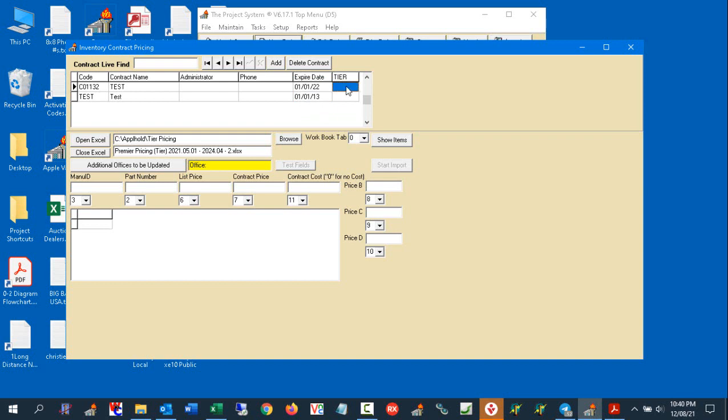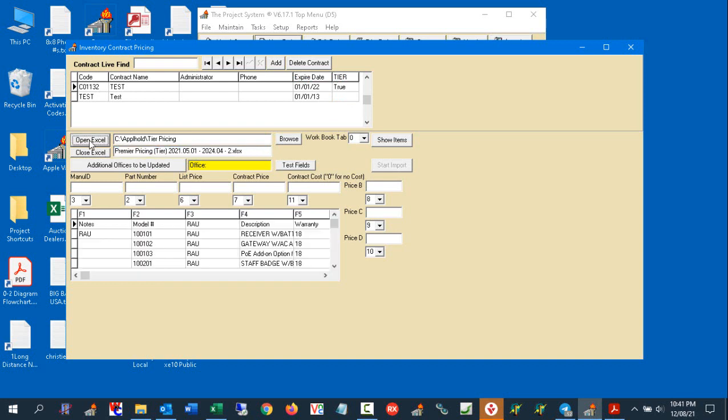Now this is where the tier comes in. Normally you would have just a contract price and a normal selling price. We added, for one of our customers, this tier capability, which then allows you to have tier 1, 2, 3, and 4. Now, what you do is you actually look at the file here, open the file up, and then